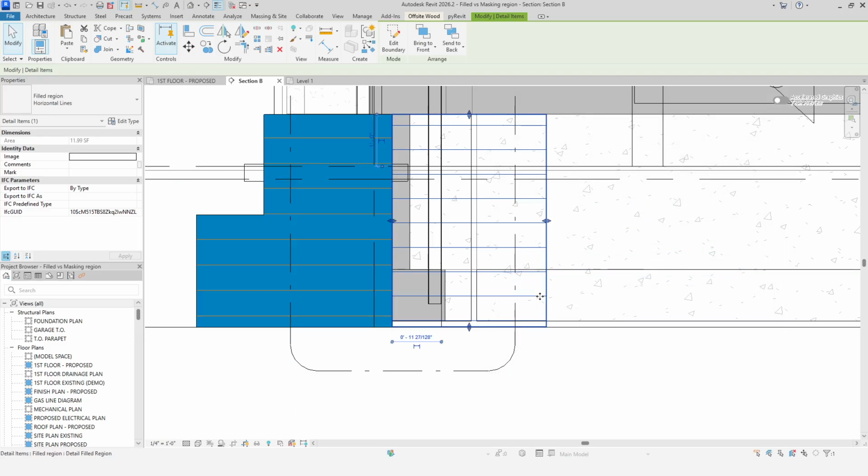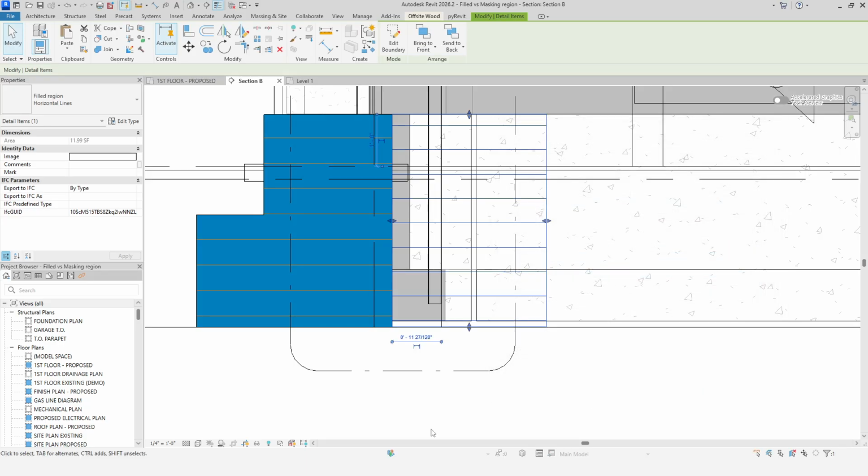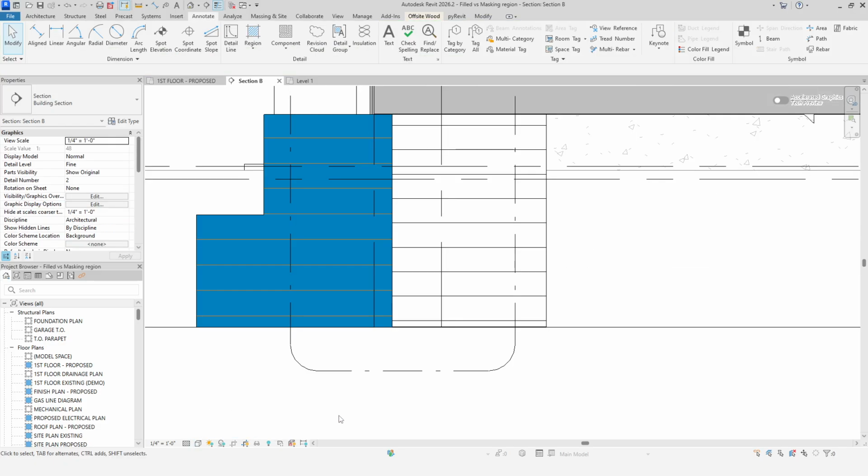while the horizontal lines do not have a background filled pattern, meaning in wireframe view a filled region without background fill will not visually hide elements behind it, while a region with background fill gives the impression of a solid surface. That is why when we enable wireframe, we can see everything behind the right filled pattern that was used to cover our foundation, while in this left, new filled region pattern, we cannot see what is behind because of the background fill color. We will return to hidden line, and we can see that when hidden line is enabled,